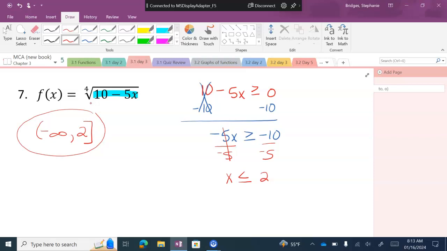Okay, I'm going to use the same one that we did for number 5, I think it was. This one, it would have to be a positive number, but why can't it equal 0? Because it's where? In the bottom of a fraction. So just be careful with that. If you ever get one of those with a radical in the bottom of a fraction, then you would not include the equal to. But other than that, anytime you have an even index radical,